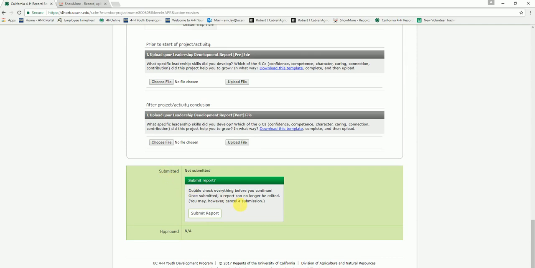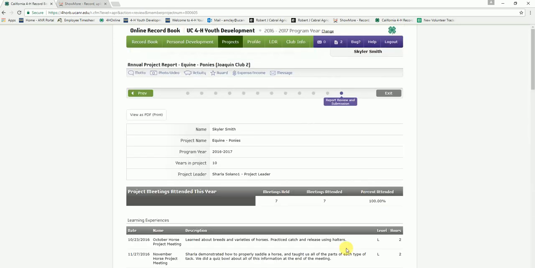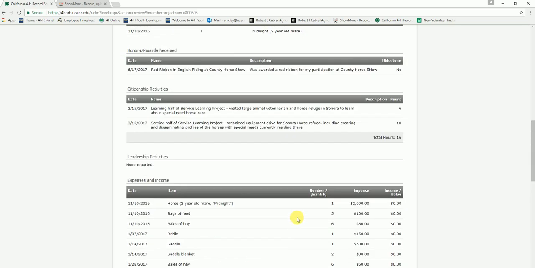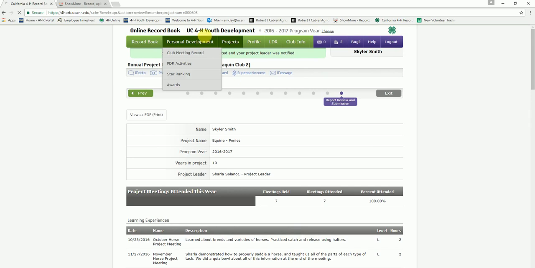Do you want to submit your report? Once you submit it, this will change to let you know that you submitted it. And if your leader is on the online record book as well, they have the option of digitally approving it instead of signing it in person. But let's say you decided, oh, I made a mistake or I forgot to put something on my APR form. You can always cancel your report submission and it'll come back and you can edit it again. But for now, we're going to leave that submission right there so that I can show you that